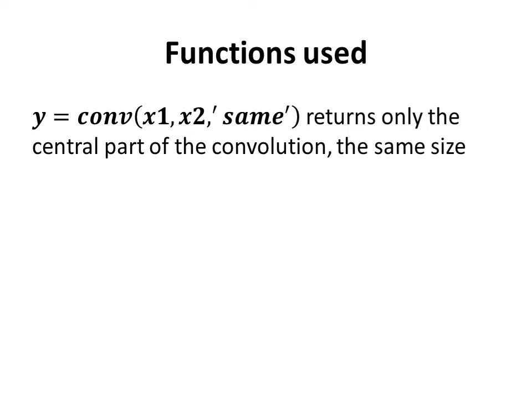Here what you have to understand is x1 is signal 1 and x2 is signal number 2. We have to define them previously, right? And y will be the output of conv. So this is very easy to use, and if you want to understand this further, before applying it to this lab, you can apply it to two random signals in order to understand